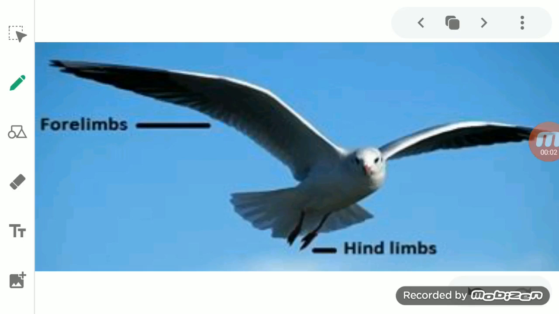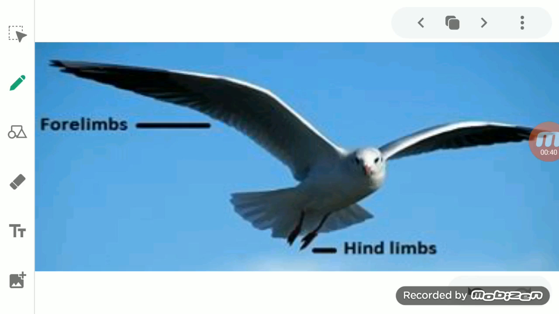Now we will talk about the movement in birds. You see, students, there are a lot of birds like the sparrow, crow, pigeon, eagle, parrot, peacock, and duck, which is found in water. These are all birds. Some of the birds walk on the ground, and some of them also fly in the air, while some used to swim in the water, including the duck and swan.